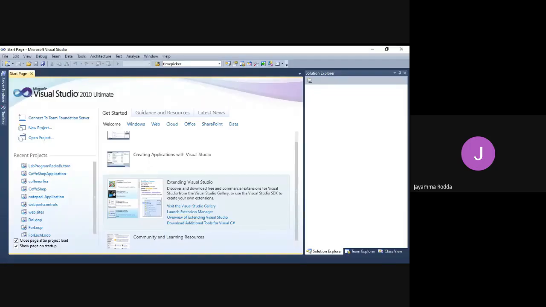It will ask me, in which language do you want to develop the application? See here in the left side, the installed templates are Visual Basic, some other languages, Visual C++, Visual F Sharp. What are the things that are available in my Visual Basic 2010 software? While installing, whatever languages I selected are displayed here. In these, we can develop different varieties of applications, I said.